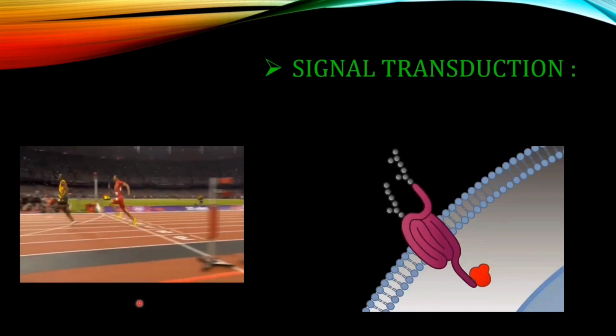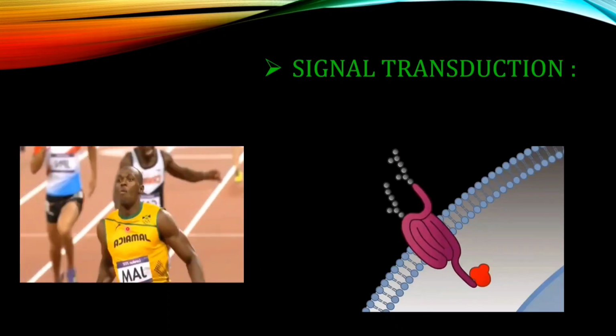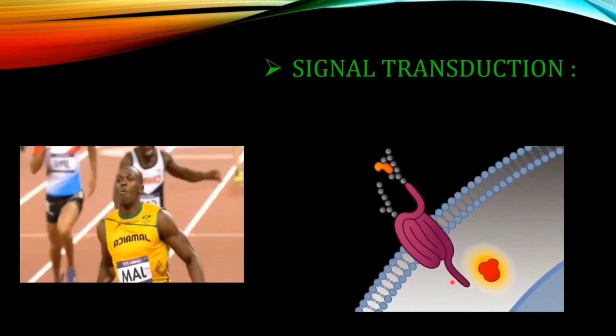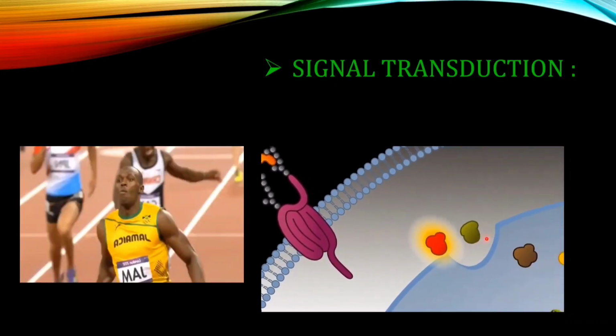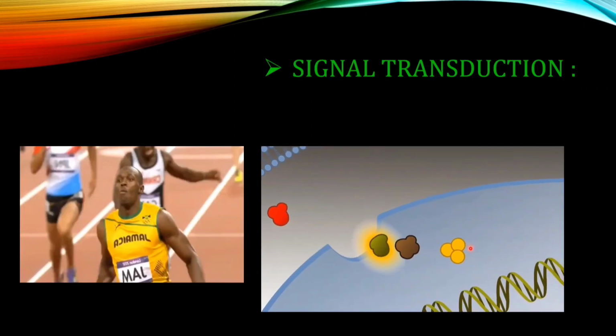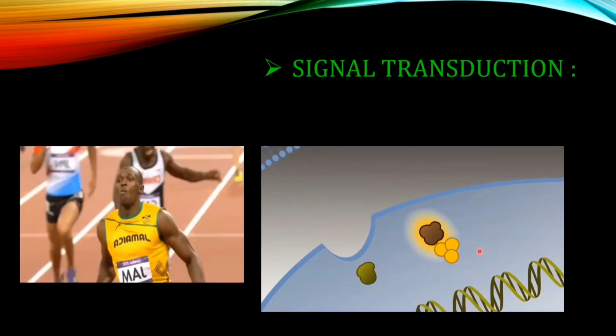He wins this race. Why did I show it to you? Because it is exactly similar to the signal transduction process. In this case, the growth factor binds with its receptor and transmits the signal to the inside of the cell. That signal activates Ras molecules, and those molecules activate another, which activates another molecule, ending with the